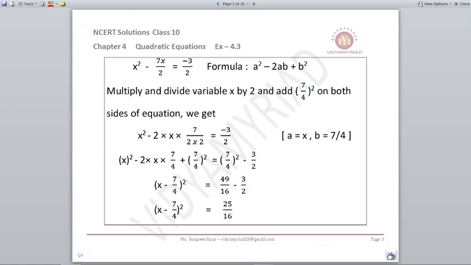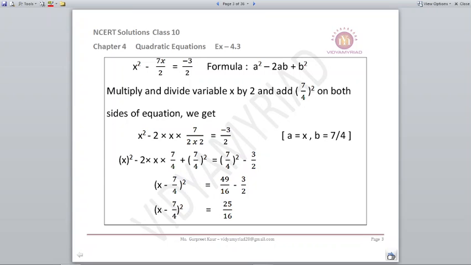Now if you look, x square will represent your a form. It should come minus 2ab. 2ab means we should have something with 2. So we can't do that. What we are going to do is we will multiply and divide with 2 with the x variable. So 7x upon 2, what we are going to do is we will multiply with 2. So it becomes 2 into x into 7 upon 2. 1 2 is already there and we will do multiply by further 2. Multiply by 2. So now this situation has become 2ab.